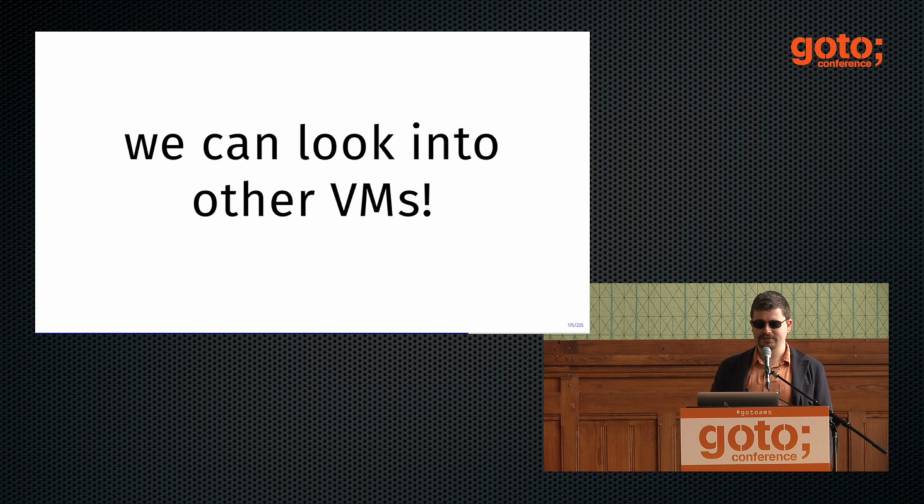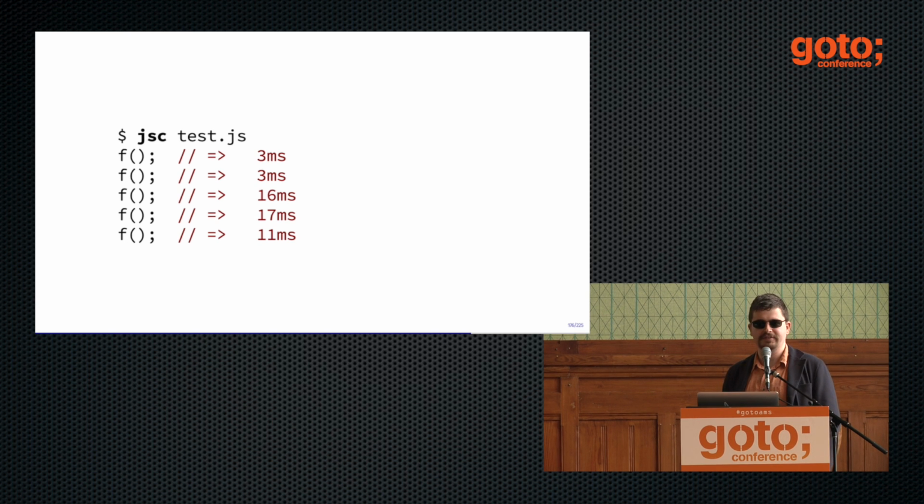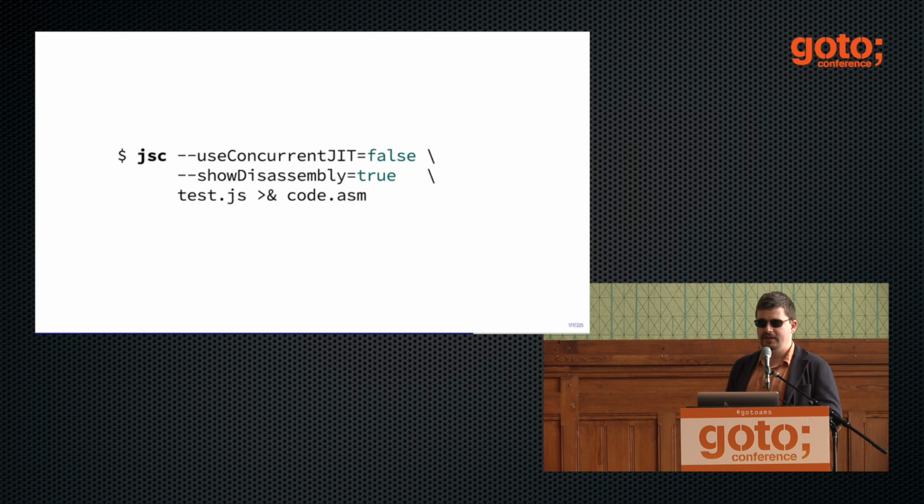So this talk is about V8 mostly and about V8 bugs, but you can do the same for the other VMs. JavaScriptCore, you can build on the Mac easily. Just check out some source and build it. And it also has this drop-off when you call the first version of the function. It's very fast, then a little bit slower. That's because you can ask it to print the intermediate representations that the compiler uses and look at it. If you know how to read V8 disassembly, it's easy to read the JavaScriptCore output as well.